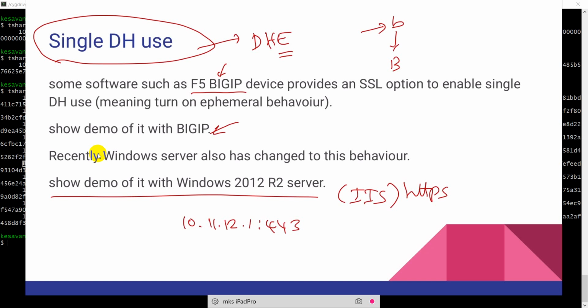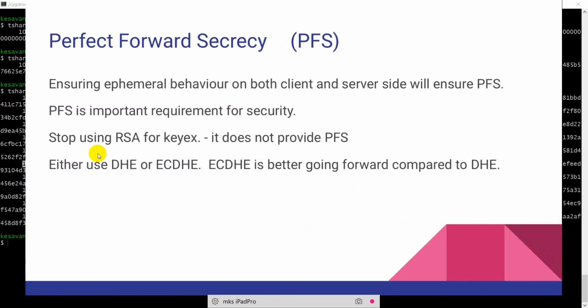That's what I wanted to show you in this episode. That is the real meaning of ephemeral in Diffie-Hellman key exchange. And as I told you, if you use a unique private key on both sides, you will end up with a unique public key on both sides, and hence a unique secret. In this case, your connection is very secure. Nobody is able to use your current key to decrypt any of the past packet captures. That property is called perfect forward secrecy.